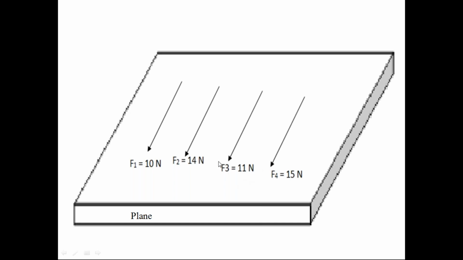So here, all the 4 forces lie on the same plane, that is coplanar. All 4 forces are parallel to each other, that is parallel. And the directions of all forces are the same, that is called like. Like means the directions are the same. So this force system of 4 forces is coplanar, parallel and like. All are in the same direction. So we call this the coplanar parallel like force system.